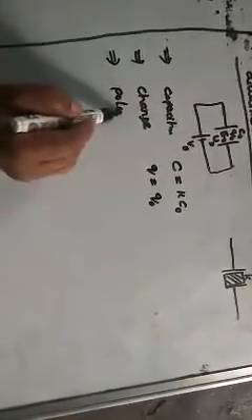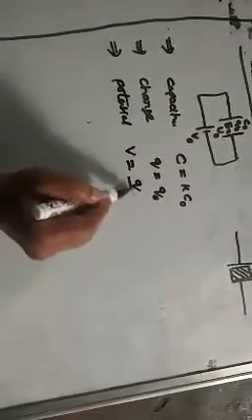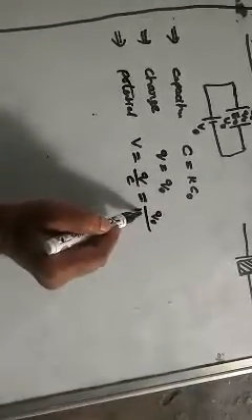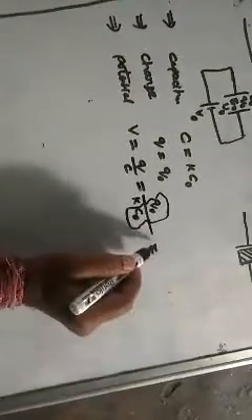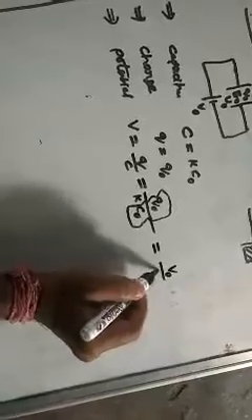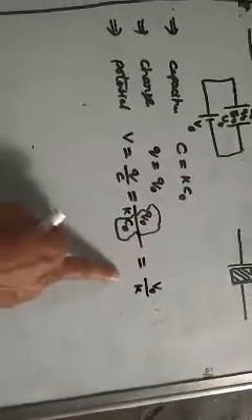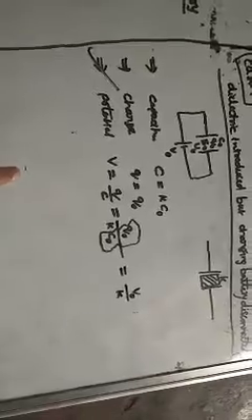Then what about the potential difference between the plates of the capacitor? Potential V is equal to Q by C. Q is nothing but Q naught, and C is k C naught. So Q naught by k C naught is nothing but V naught by k. That means potential decreased by k times. Check this sentence. Potential decreased by k times. This sentence is important. Remember this.